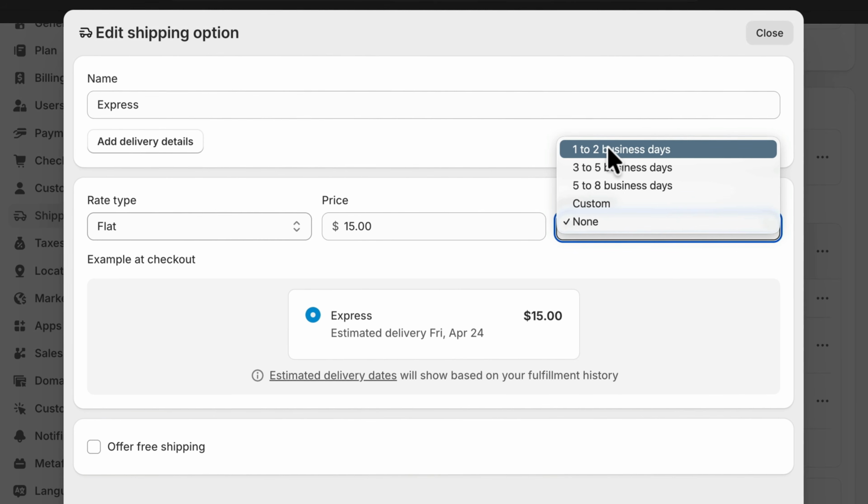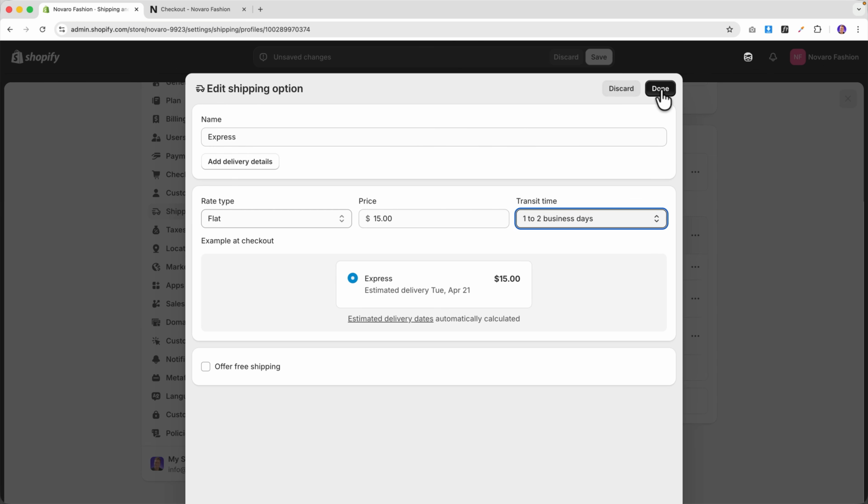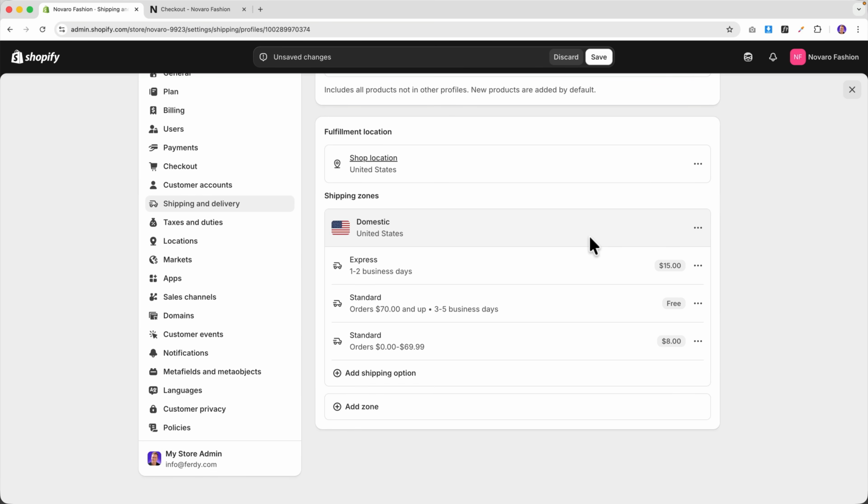Now, if I go to express, I say the transit time is 1 or 2 business days. So you get it faster. And that's why people pay the extra $15 or the extra $7, depending on how much they have in their cart. I can add another shipping option